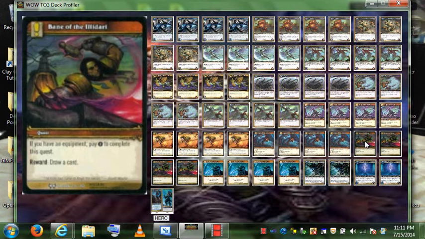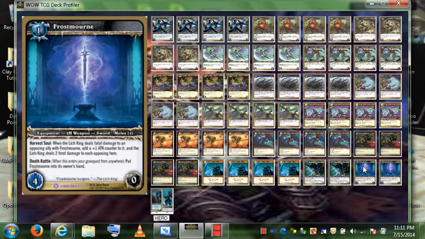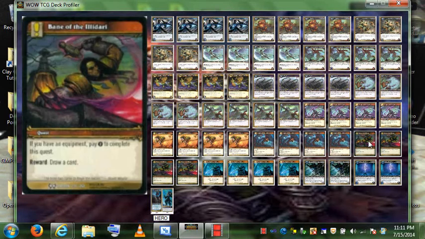Bane of the Eldari, or the Eldaro, whatever. It's a quest. If you have an equipment card on your side of the field, you pay 1 to complete this quest and draw a card. As long as you have an equipment card, and you should see these equipment cards only cost 1 to cast, it wouldn't be that hard to cast them. You cast them onto the field, you equip them to your hero, of course. Play this, exhaust it for its own cost,